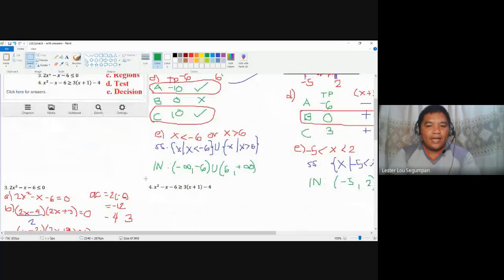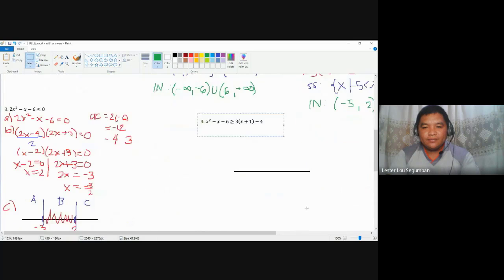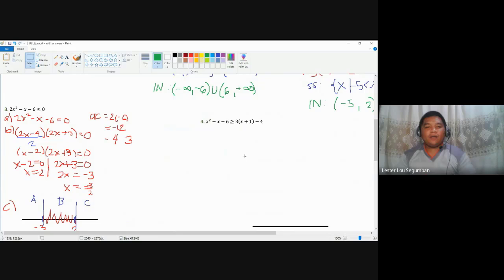Pardon, we will have number 4 as our last item. So please bear with us. But in number 4, we need to come up first with our standard form of the equivalent quadratic equation so that we could determine the roots later on. Because if we're just going to be stuck with this, we cannot show the regions anymore. So before we go to the equality, let's try to make it in a standard form.